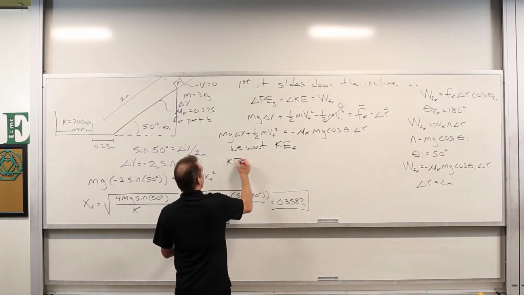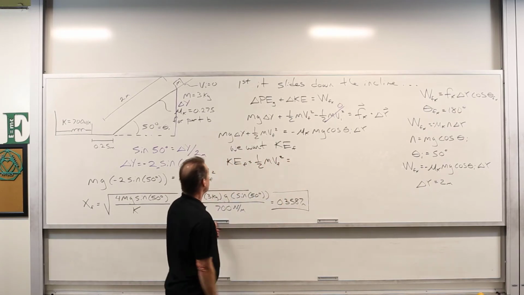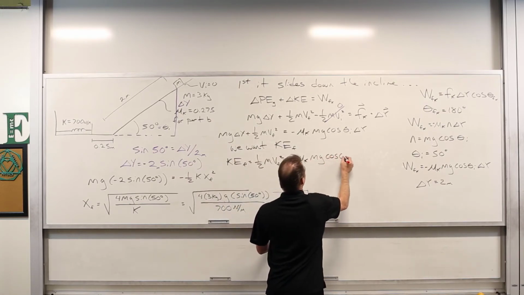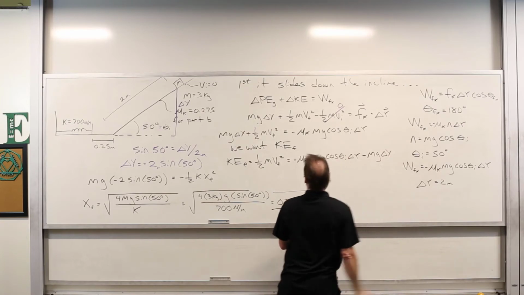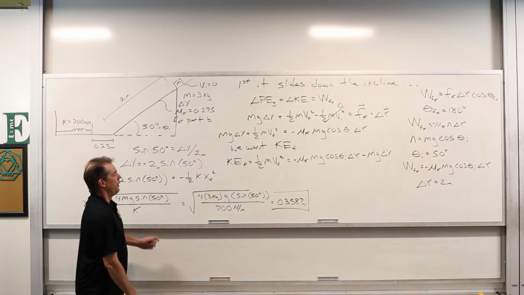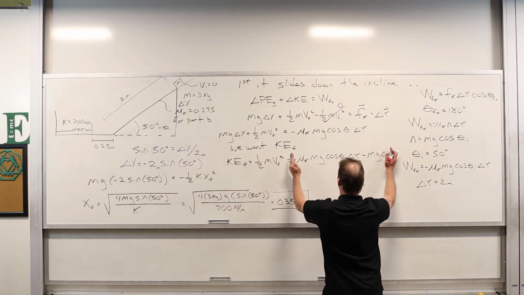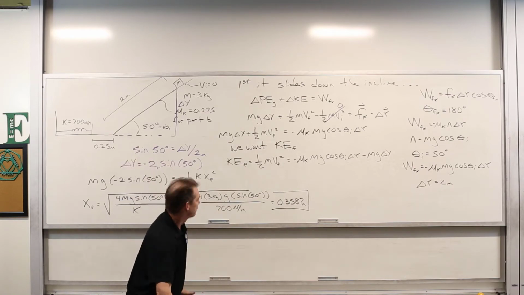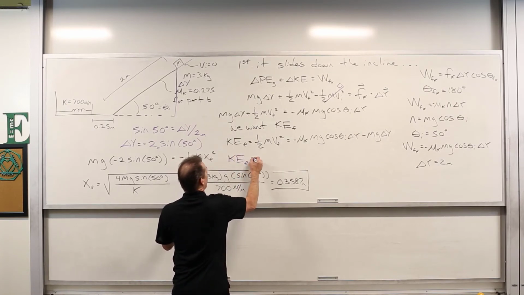We've got KE final is equal to 1/2 m v final squared, which is going to be equal to negative mu k mg cosine theta sub I delta r minus mg delta y. Throw that over on the other side. There we go. All right, so I'm not going to solve this for v. I'm going to solve this for this whole thing. So this is really the quantity that we want right here. Let us go ahead and quantify this then. Change colors here. This is getting a little inundated. It's okay. We've got KE final is then equal to